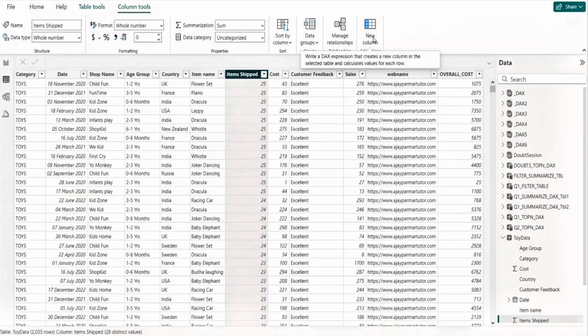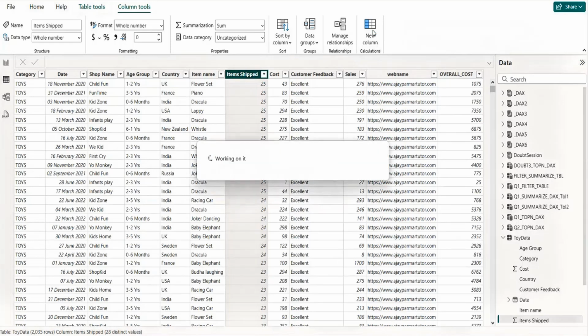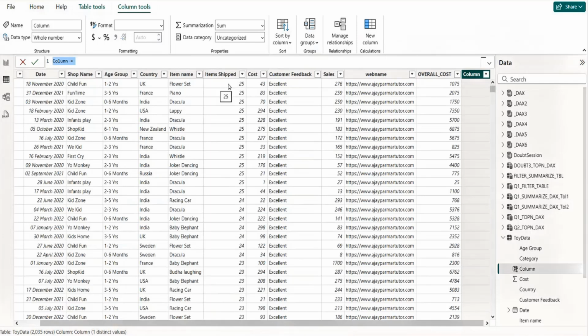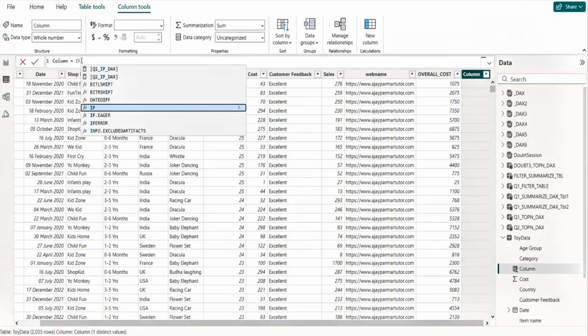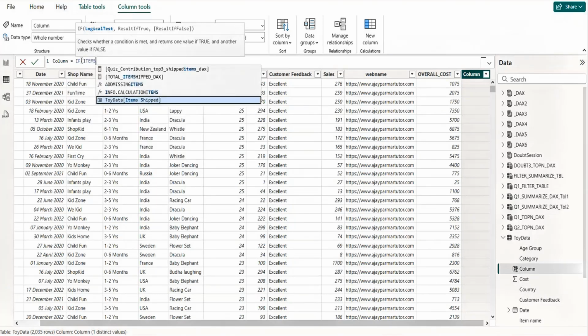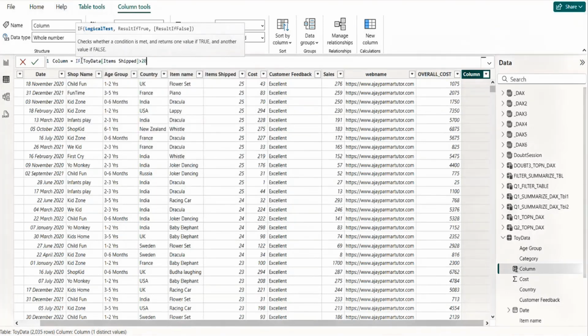And then I will tell you what the difference basically is. I'm creating this here, see this. If I create the IF function in a new column, it is going to work on each row one by one, like it happens in Excel. There's no filter context here, because the calculation happens row by row. It's always going to pick this number, this number, this number. So I'll simply say that if item shipped is greater than 20,